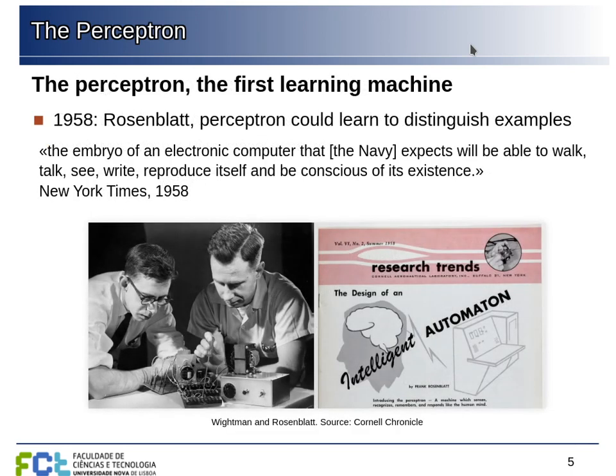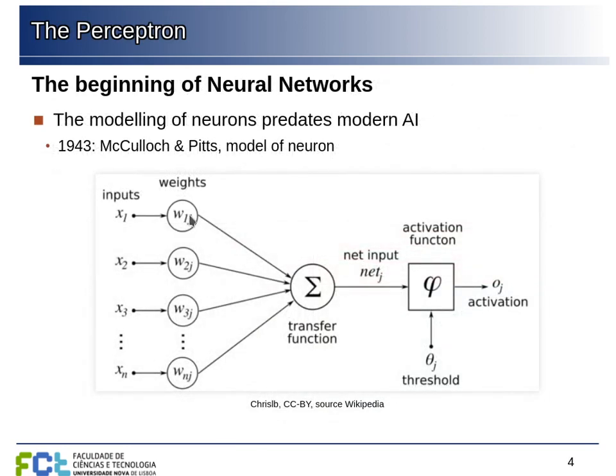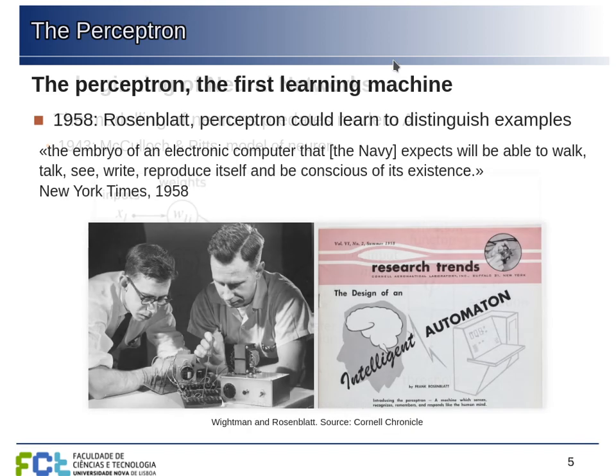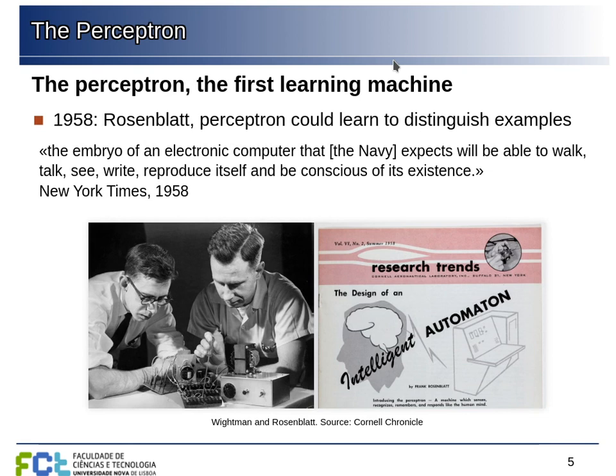So this led to this idea of the perceptron, which would be a way to automate the determination of the weights so that we get the results that we want. Basically the perceptron was able to learn by itself what the weights should be in order to improve performance at some task. And this was done in the late 1950s, and it was really something that people thought would solve the problem of artificial intelligence. This paper in the New York Times even said that it was expected that this computer would learn to see, write, be conscious, and so on.